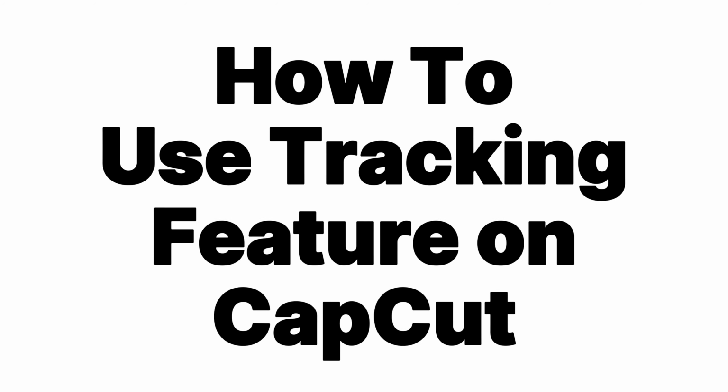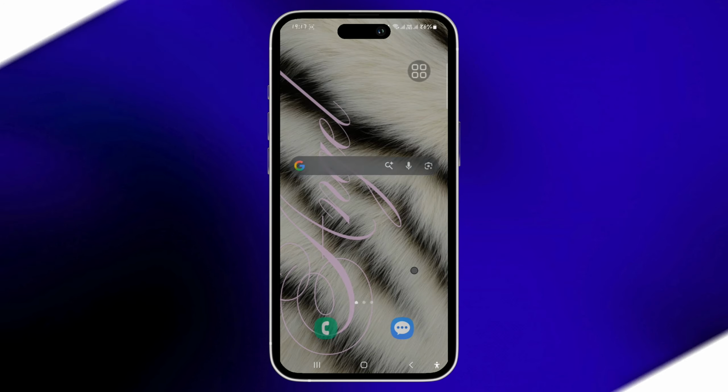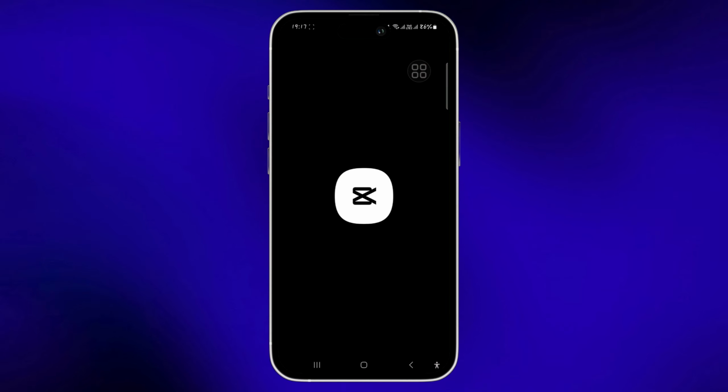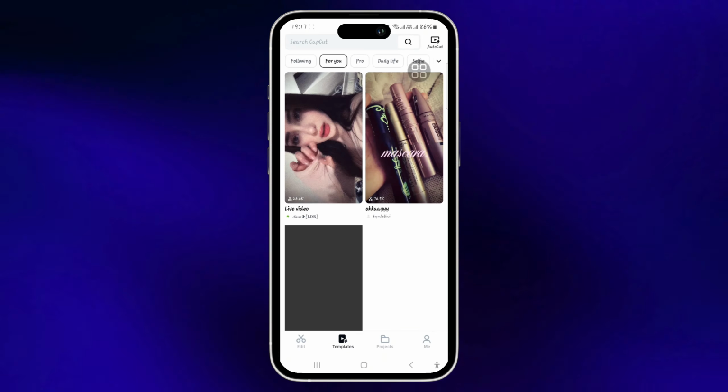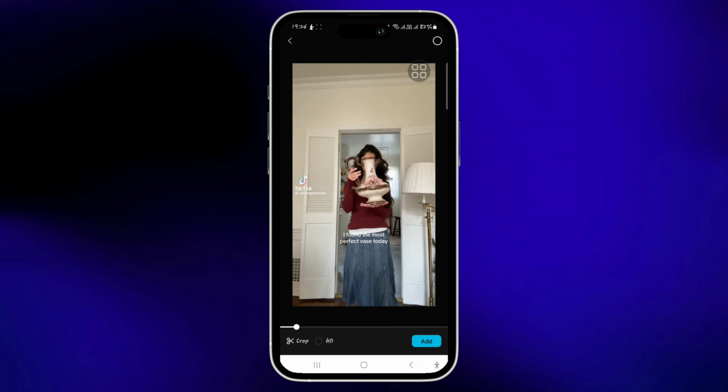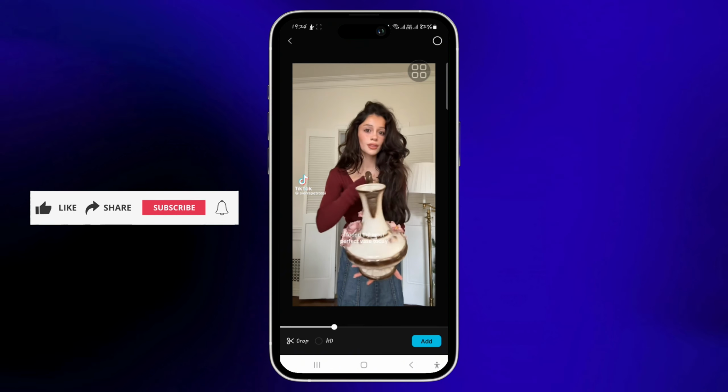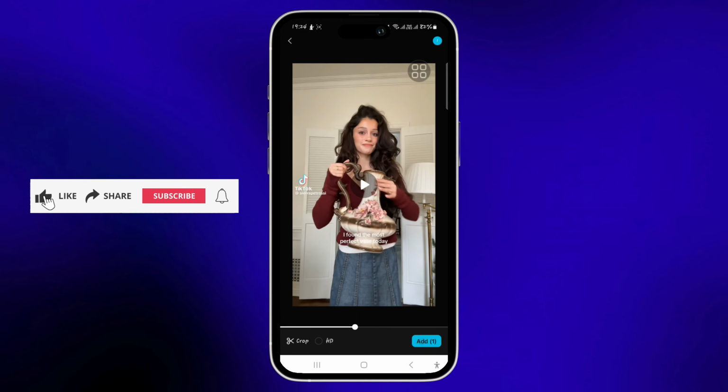Here is how you can use the tracking feature in CapCut to see the subject of your video centered. First of all, you need to go ahead and open your CapCut application and start a new project. Now go ahead and import the video clips that you want to use and select the video and add it